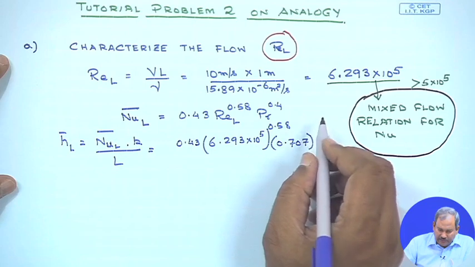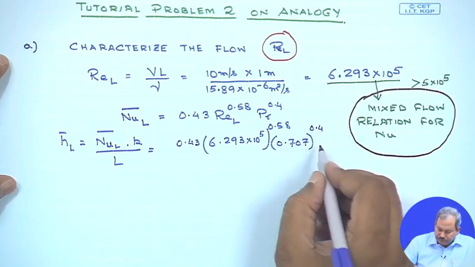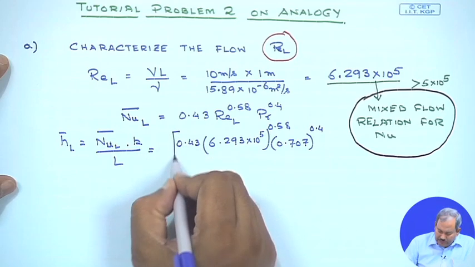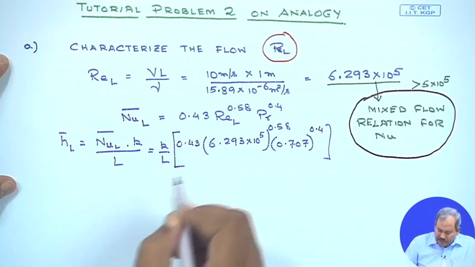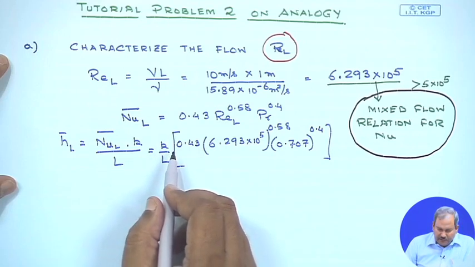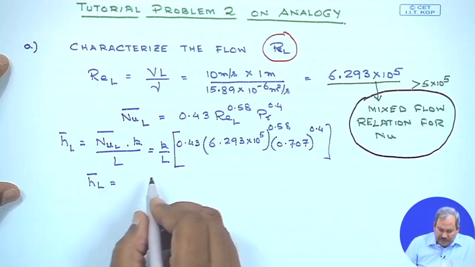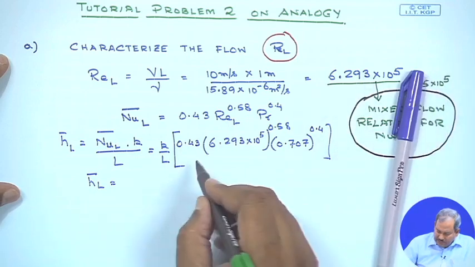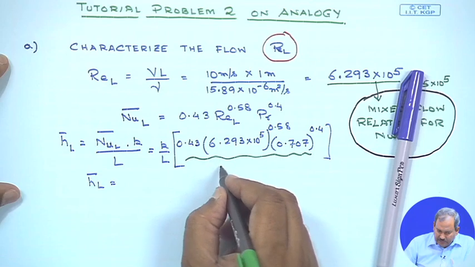You can calculate that, and this is 0.4, and this is your Nusselt number multiplied by K by L, and we know what is the value of K. So, h bar L by K, this entire thing, that is the Nusselt number, this would turn out to be